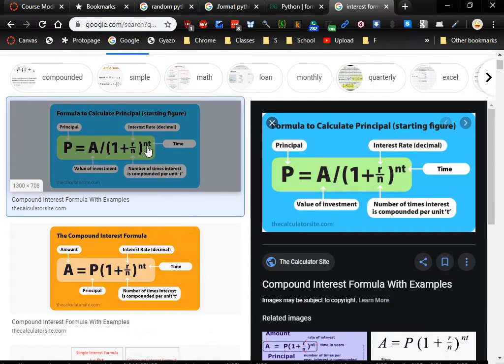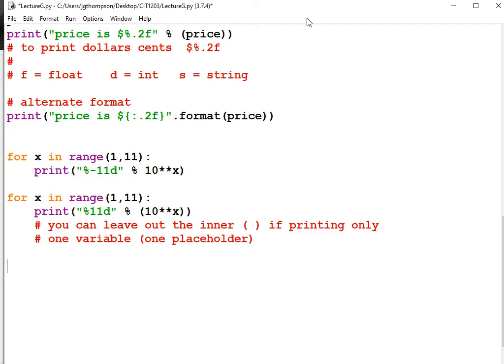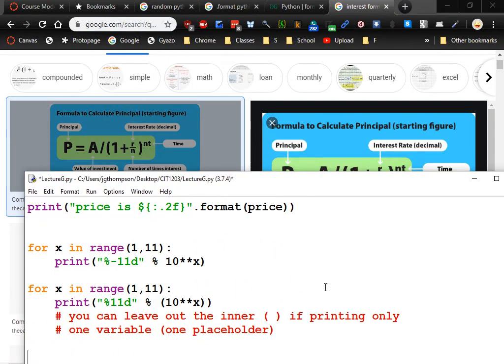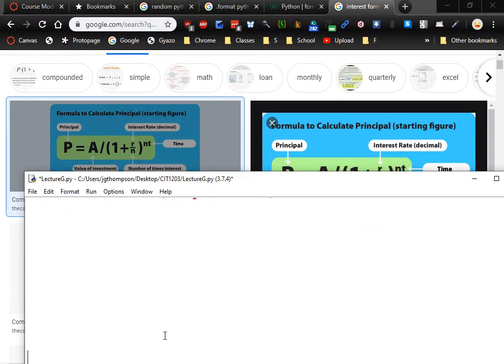This part here is problematic. Why? Because you'd have to put an asterisk between the n and the t. You can't just put nt and have it magically multiply those two variables together. So you'd have to put n asterisk t. And if you were going to do that, well, I'm going to start turning this into an equation, but it's going to take several steps. I'm going to put it in as a comment, but let's see if I can come here. If I was going to do that, I'm going to take one shot at it first, and it's going to be wrong. So if you feel like waiting until the end,